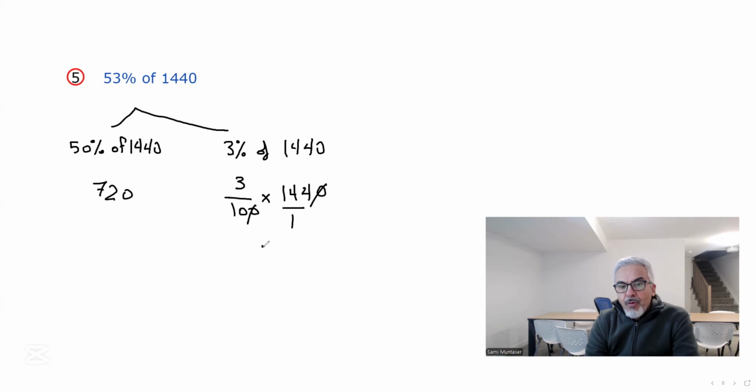And that's going to give me 432 over 10. And dividing by 10 will move the decimal 1 to the left. And this answer is going to be 43.2. Now we add the 43.2 to the 720, and that will give us